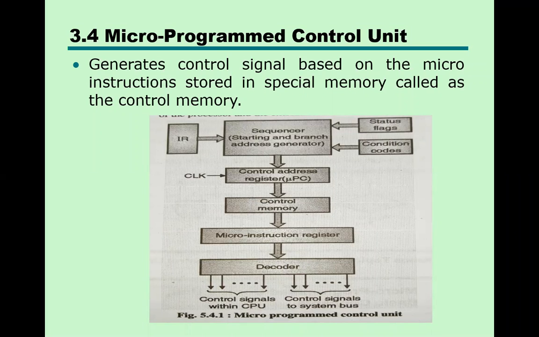Yesterday we saw there are two types. One is hardware and the second one is microprogrammed. By the name we can understand hardware means we have to use hardware, and microprogrammed is in between hardware and the program. The main concept here is that the control signal is generated by the program. So this control unit is made by the micro program. Obviously the hardware is required, but it is in between hardware and software. That is the microprogram control unit.